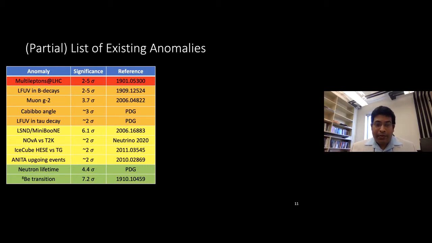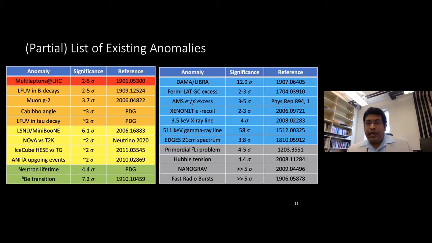Although there is a recent paper that claims that this anomaly is completely good. This just came out last week, so I didn't have time to really go through that paper to see what exactly is the issue there. Okay, so now going to the astrophysics side, there seems to be again a bunch of anomalies in the astro